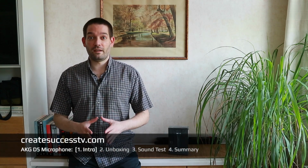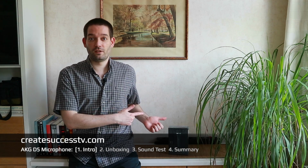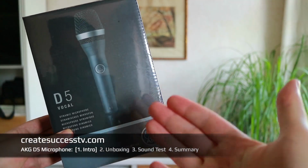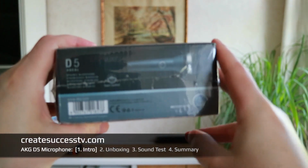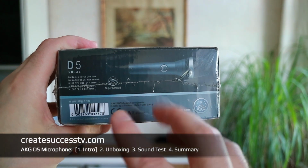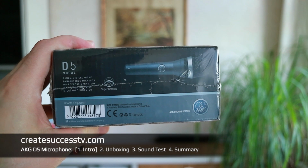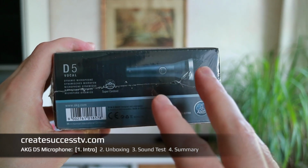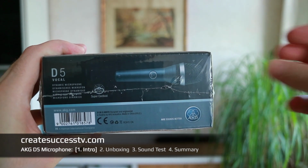Today we're going to look at a dynamic XLR microphone from AKG, the AKG D5 vocal with a supercardioid pickup pattern, if I'm not mistaken. Let's bring this into focus right here. There you can see, and if you're new to microphones, microphones usually have different pickup patterns. Cardioid is pretty common and quite useful, and this is supercardioid, so it should be a little bit more focused